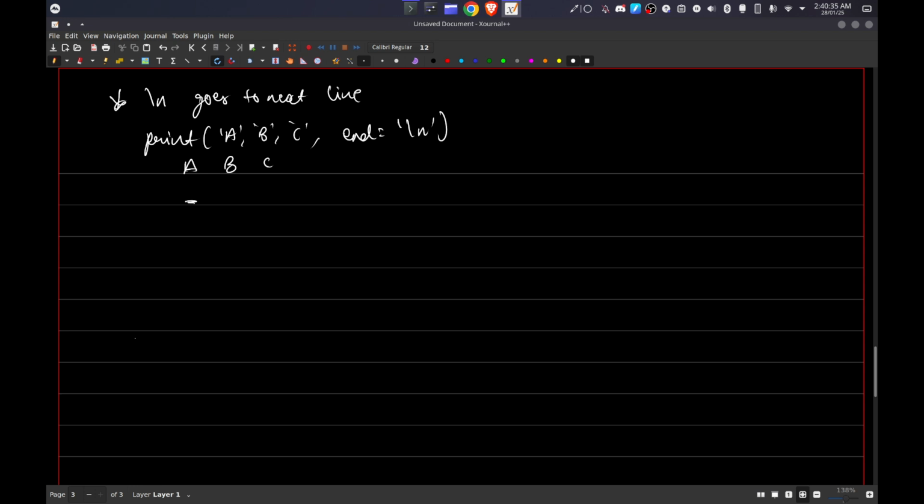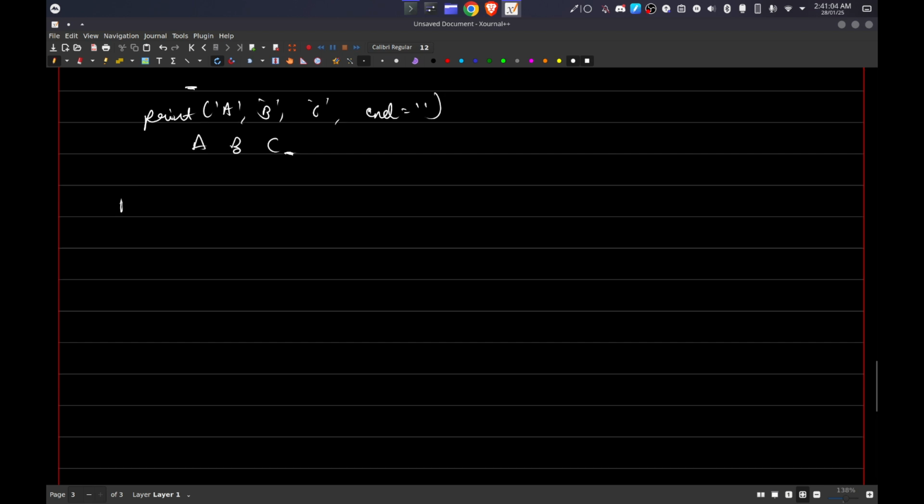So basically, if you change end, if I give print a, b, c, and if I give end is equal to an empty string, what will happen is a separator is space, b separator is space, c, and it will wait over here only. So the next time you put a print statement, all of that will come and execute here. For example,